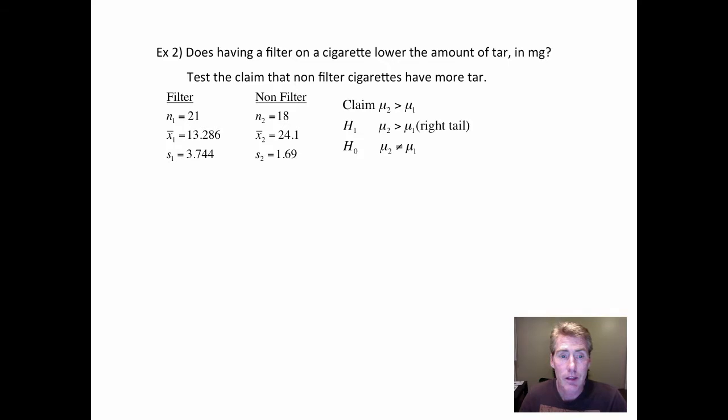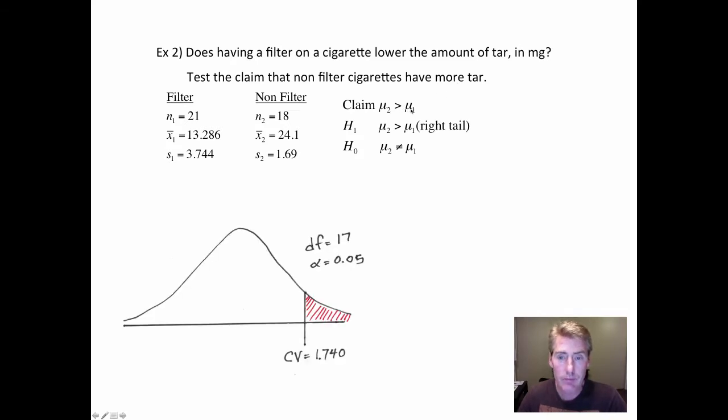So test the claim that the non-filter, so this is the non-filter, so in other words, group 2, have more, so bigger than, group 1. That's going to make it a right-tailed test. Again, you go to the smaller of the degrees of freedom, so this one would be 17 and this one would be 20. You use 17 and use table A3, and you'll find a critical value of 1.740. Hey, this is supposed to say equals right here. I'm sorry, make that an equals. Okay,